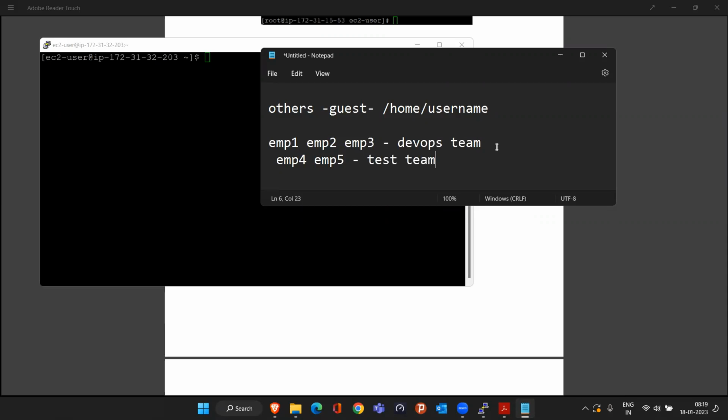Why are we differentiating them? Because the DevOps team should have access to one folder, for example the /devops folder. Similarly, the testing team should have access to a folder named /test. So now we have to give access to this folder and this folder. Who will have access to the /devops folder? These 3 employees should. And who should have access to the /test folder? These 2 employees should. Once you know which type of access I have to give to which employee,